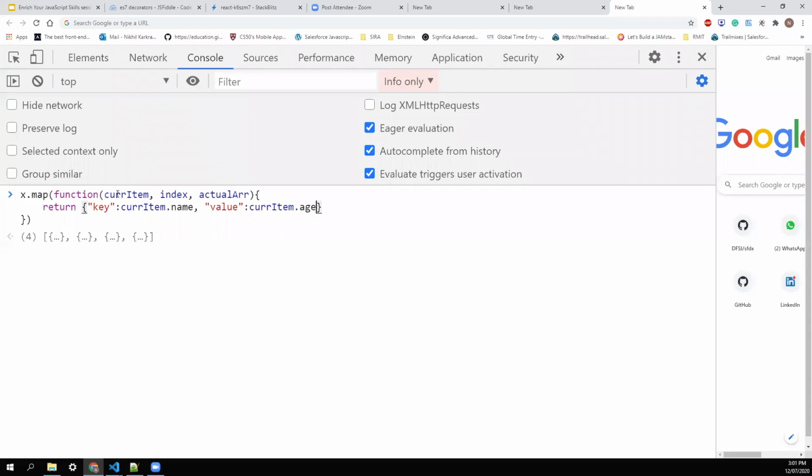So from X, the current item will come with the name A, age 10. It will map to the value property as well as to the key property, and it returns this object, and this object gets added into an array. Map always returns an array.